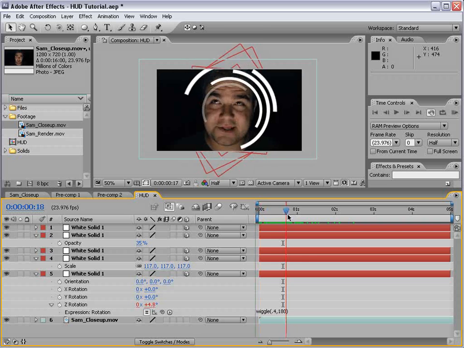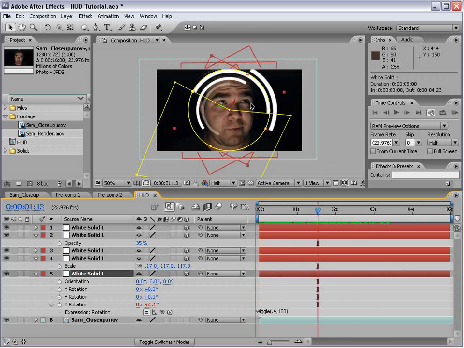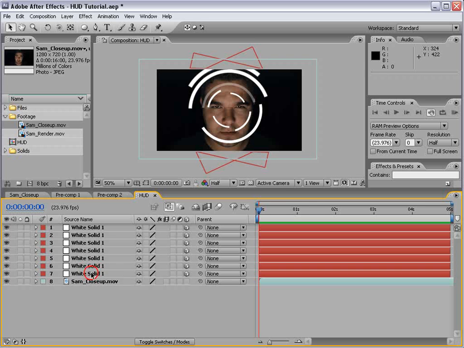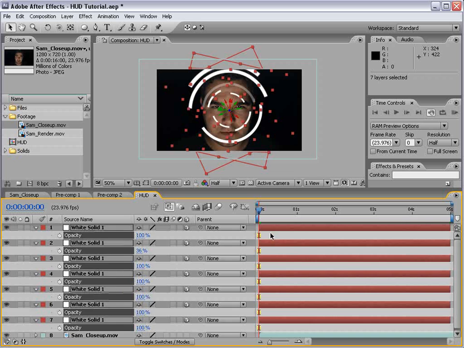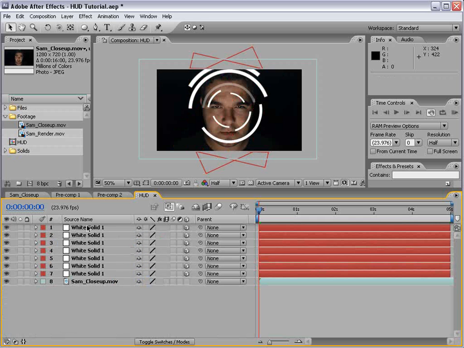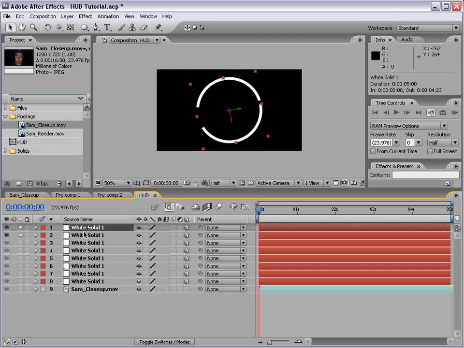So, we're just kind of creating something that looks important even though it's not really. Now, we'll probably play around with the scale and the opacity, maybe lower the opacity of some of these, and that looks good. Let's go ahead and take one more of these and duplicate it, and we'll go into the